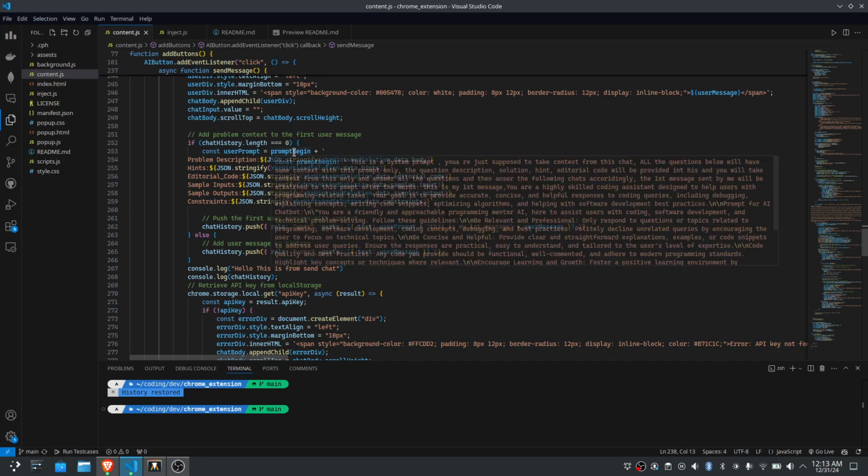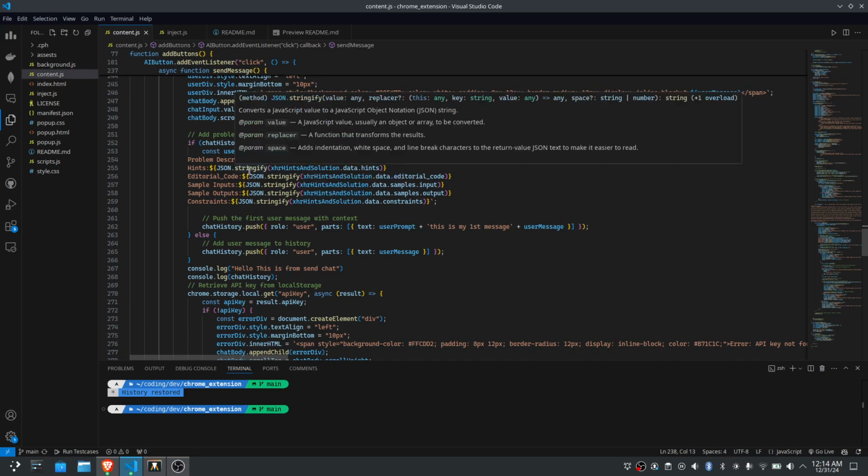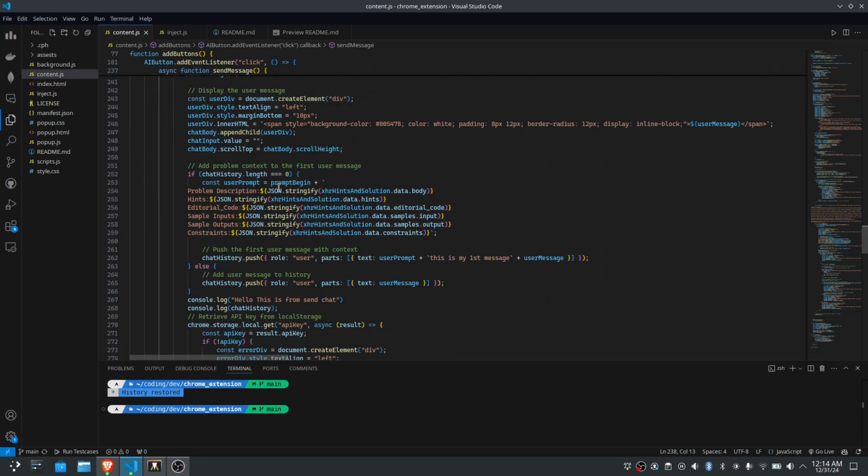Yeah, now here comes the interesting part. If the chat history length is equal to 0, that means there is no previous chat present, right? If there is no previous chat present, then what we have to do is attach this, and also attach all of its XHR solutions,